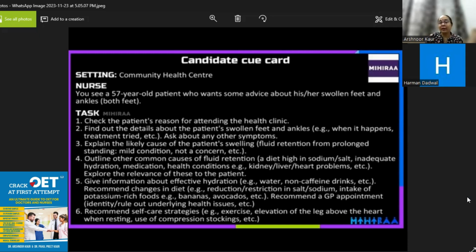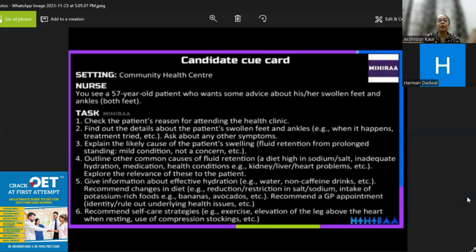One thing vital for you, Mr. Wilson, I would strongly recommend you for an appointment with the GP so that your problem can be ruled out properly. If there is some hidden factor, some hidden problem, the doctor will examine you properly, and if you agree, may I set your appointment with the GP, may I set your appointment with the doctor? Otherwise, it is written there, recommended GP's appointment to rule out underlying health issues. So you have to tell the patient,